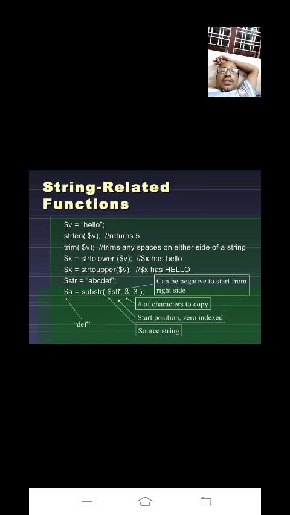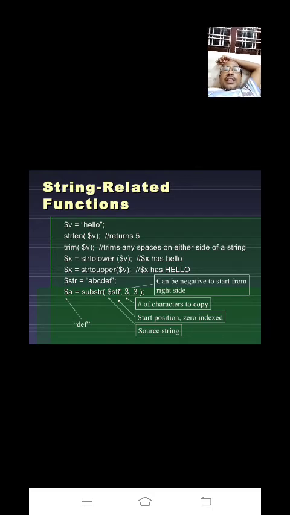The fourth string function in PHP is strtoupper. It converts small letters into capital letters, that is, it converts lowercase letters into uppercase letters.